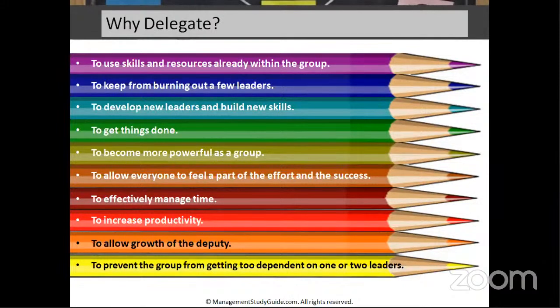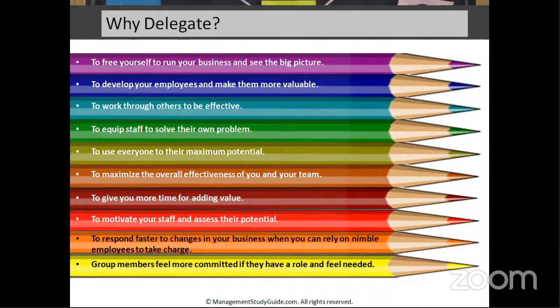themselves. So why delegate? To use skills and resources already within the group, to keep from burning out a few leaders, to develop new leaders and build new skills, to get things done, to become more powerful as a group, to allow everyone to feel a part of the effort and success, to effectively manage time, to increase productivity, to allow growth of the deputy, rather, to prevent the group from getting too dependent on one or two leaders, to free yourself to run